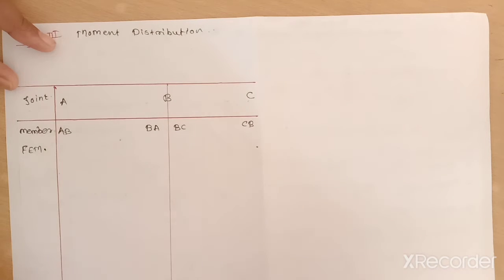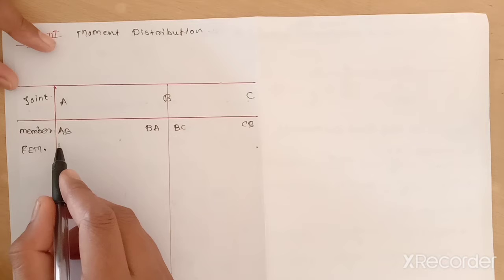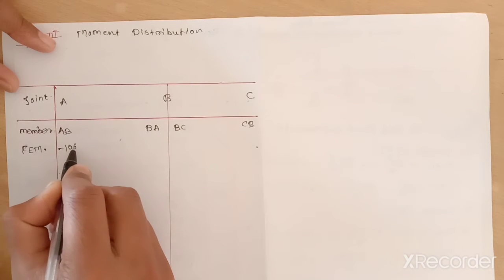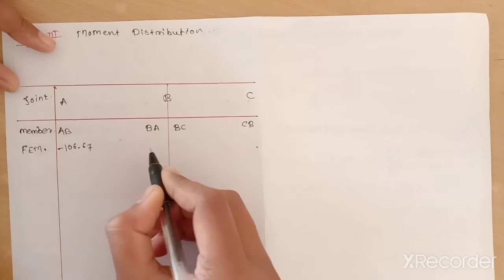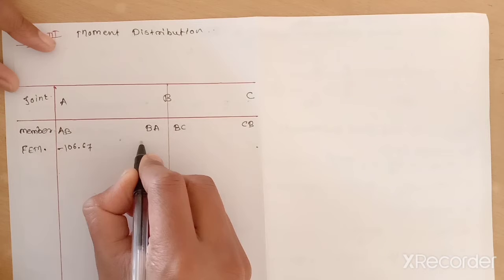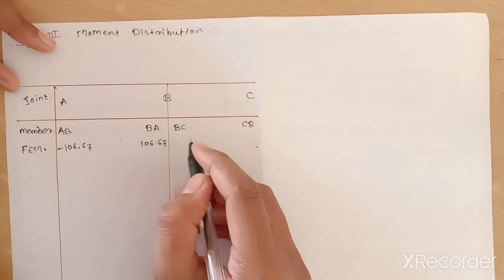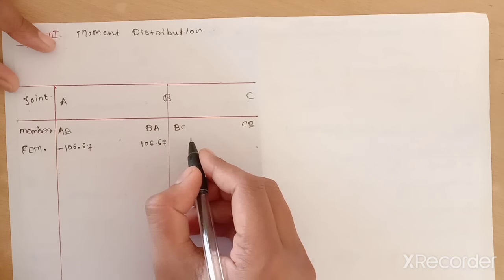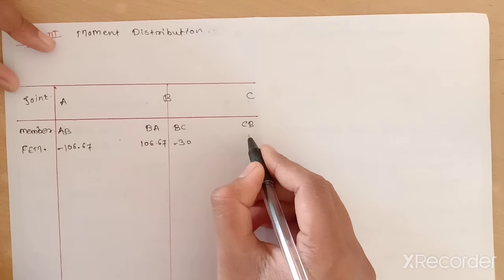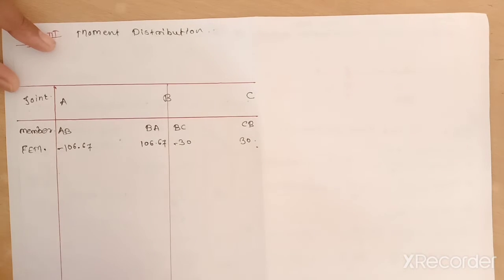In the first step we already calculated fixed end movement. So for member AB, fixed end movement is minus 106.67. Then for BA member, fixed end movement is plus 106.67. Then BC member minus 30, and fixed end movement for CB member is plus 30. Okay. Then next